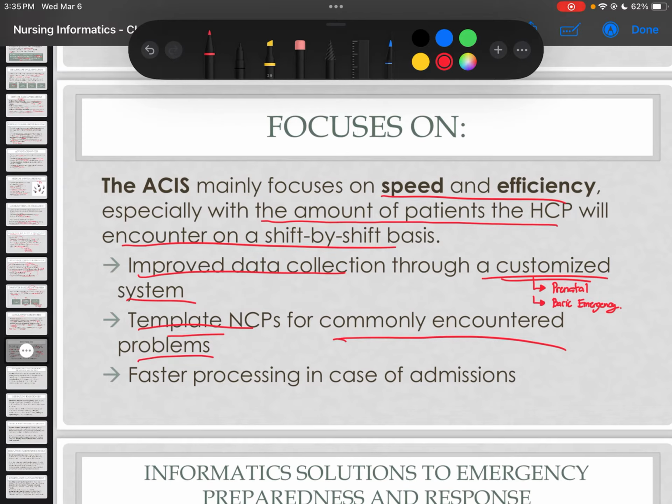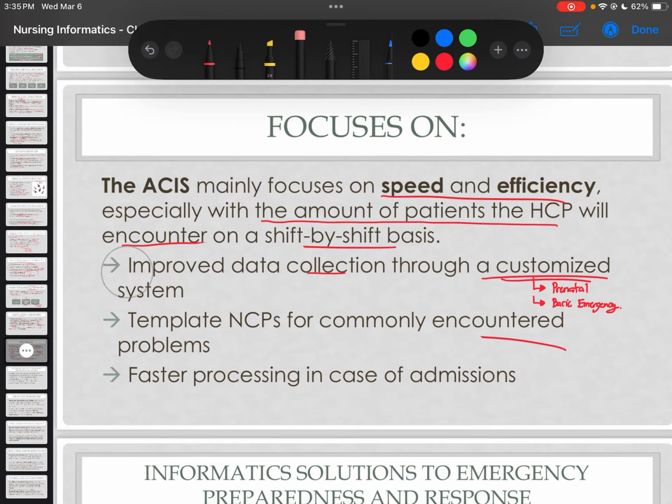And lastly, because you have many patients, class, we have to improve on the processing of admissions. When they are admitted, okay, we have to improve on that because that is one of the main reasons, one of the main what we call bottlenecks in the hospital. It takes long to admit, no? I believe it is a problem of bed capacity. It is a problem of bed capacity, no? But in some instances, it is a problem truly of the system. Okay, the system is slow when it comes to